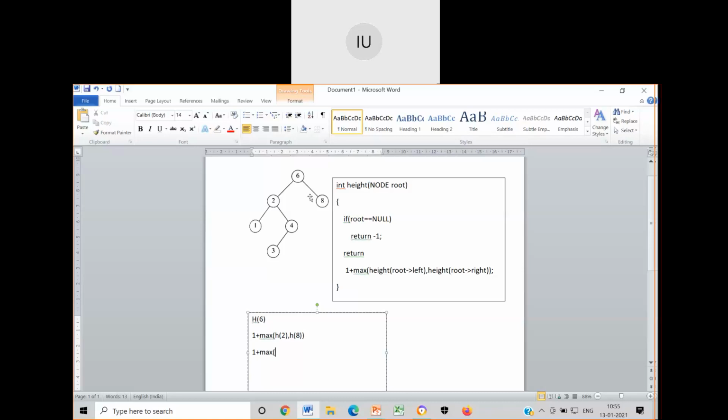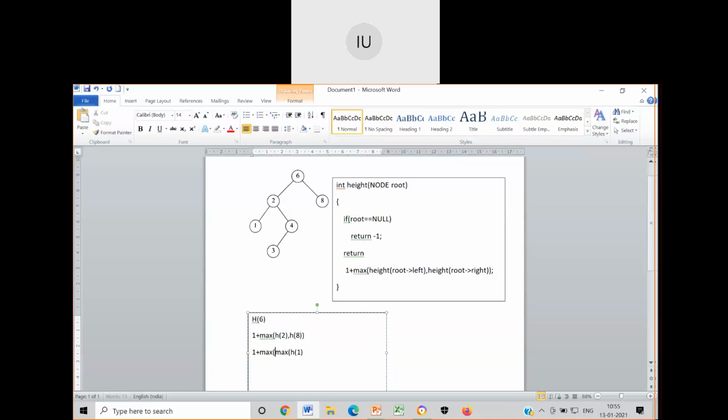Now h of 2 is there. What is h of 2? H of 2 is nothing but calling the function on left and right of 2 again. So I will write max of h of 2 is h of 1. Sorry. What is it that I have missed?